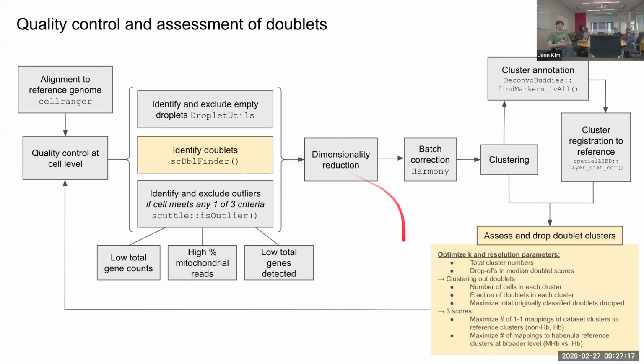And you use all of this information to drop your doublet clusters, and then with the remaining data, go back to the quality control level and move forward with dimensionality reduction, clustering, and further analyses. So this approach basically cleans up the doublets in your data set while balancing keeping as much of the data as possible